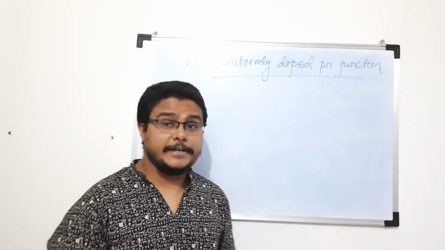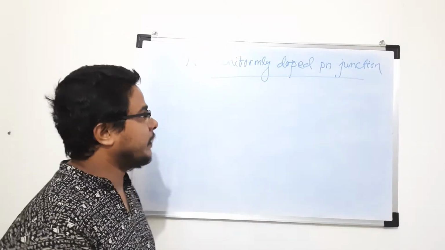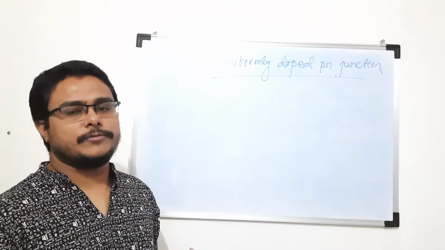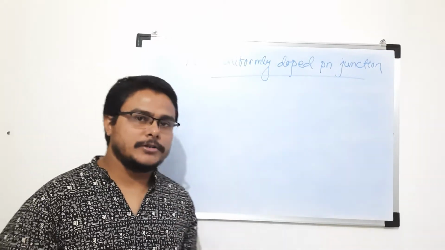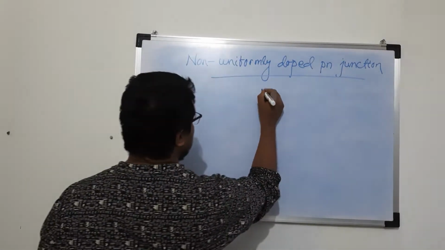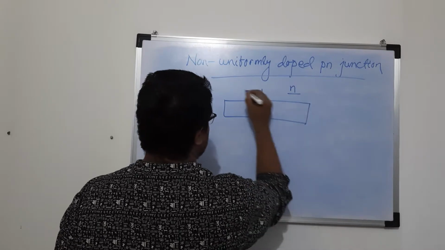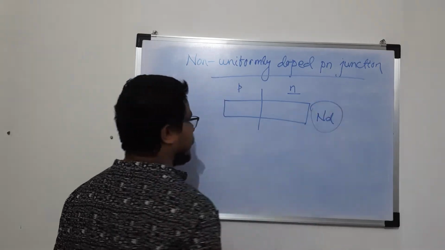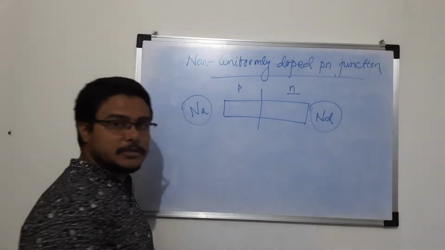Hello guys, today in this video we are going to discuss non-uniformly doped PN junction. So till now we have discussed uniformly doped PN junction, and for uniformly doped PN junction we said that the N region will be doped with donor impurity concentration. Suppose this is your bulk material, so this is N region and this is P region. The N region is doped with some impurity concentration ND, donor impurity, and P region is doped with acceptor impurity